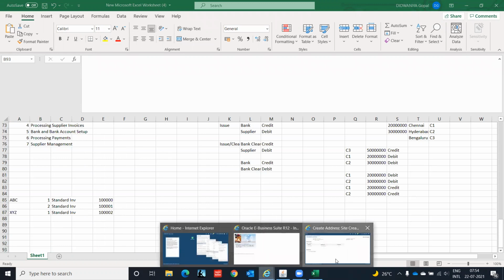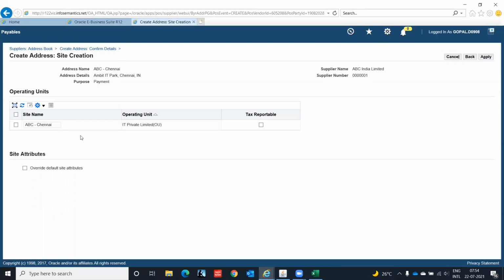So to proceed further, your address for the supplier needs to be attached with the operating unit, and that overrides default site attributes. If I enable this one, what will happen?